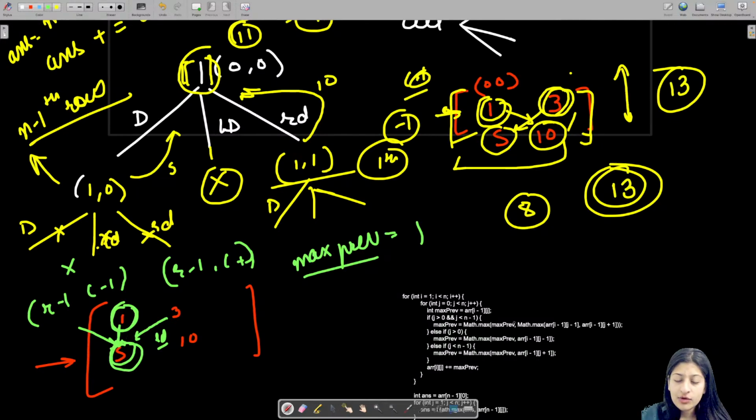So this check is for if you go toward the diagonal left end or the diagonal right end. Either way, if you go to the left diagonal part, then your J column should be greater than 0, and if you go to the right diagonal part, then it should not exceed the n minus 1th index. This is for that check. And then you check what is the maximum value out of arr of I minus 1, J minus 1, which is going to be this value, arr of I minus 1, J plus 1,